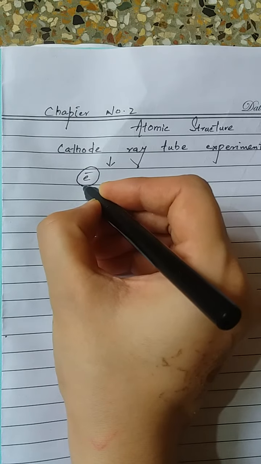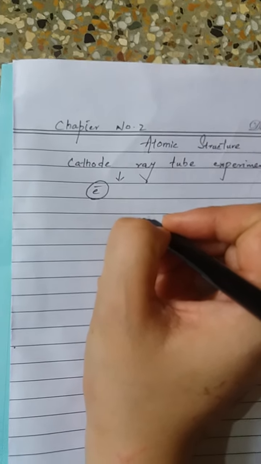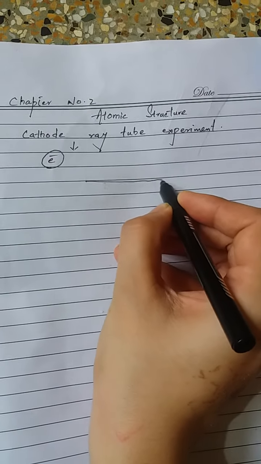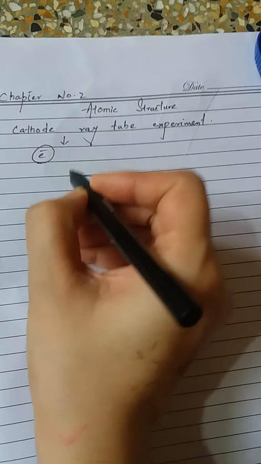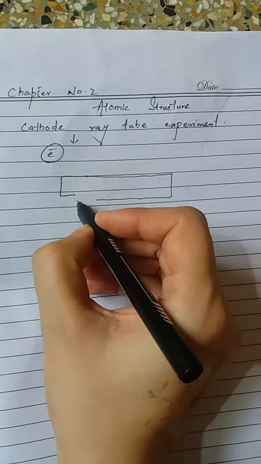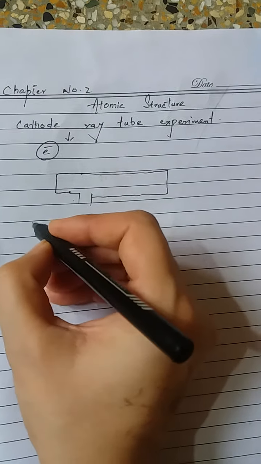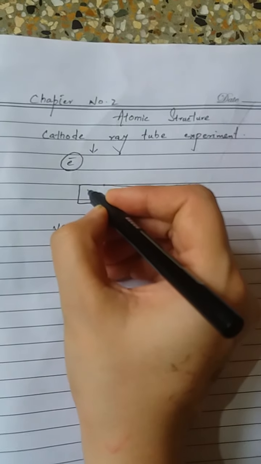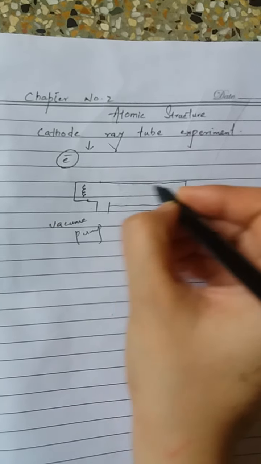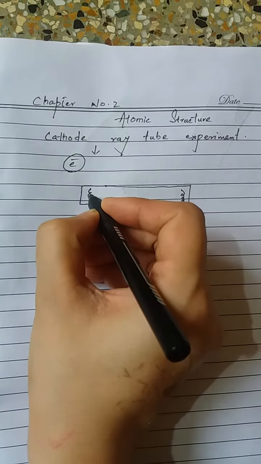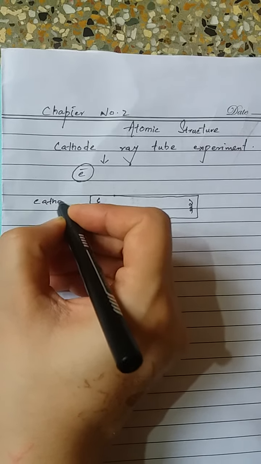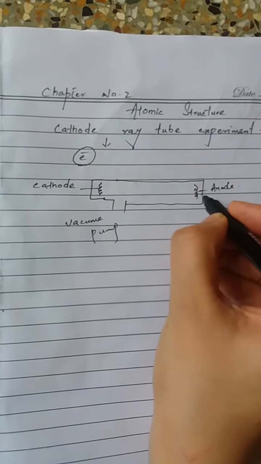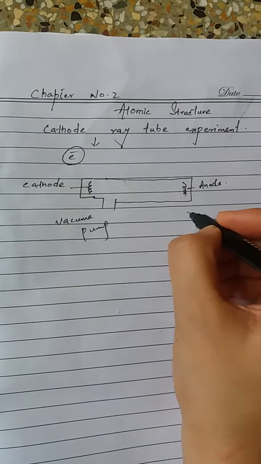So this discovery of electron is derived from the cathode ray tube experiment, and this cathode ray tube experiment consists of a glass tube which is connected to a vacuum pump. This glass tube is connected to two electrodes. One is cathode and the other one is anode. These cathode and anode are connected to a very high voltage source